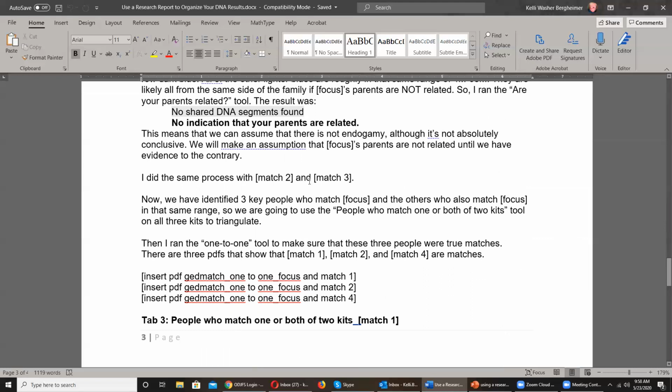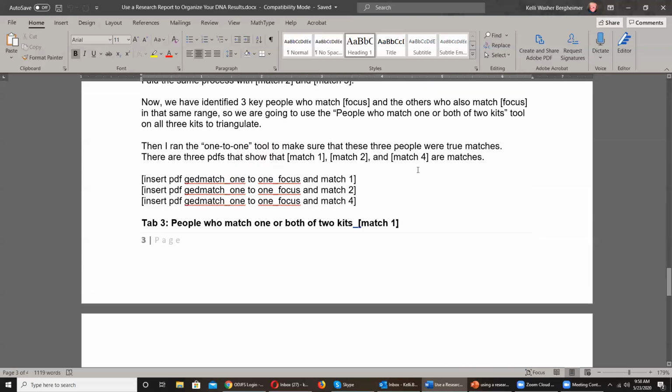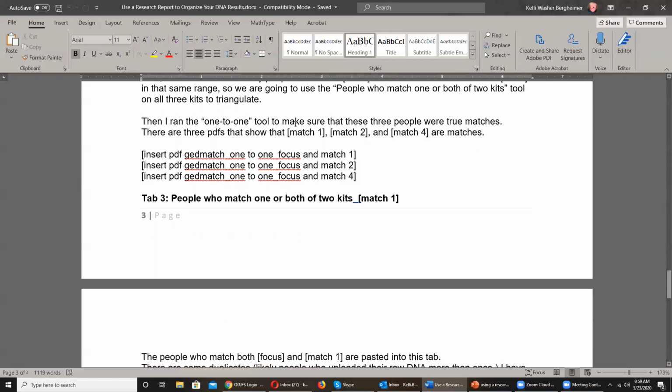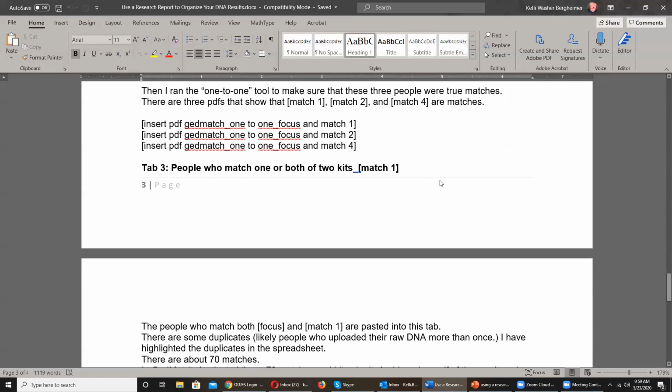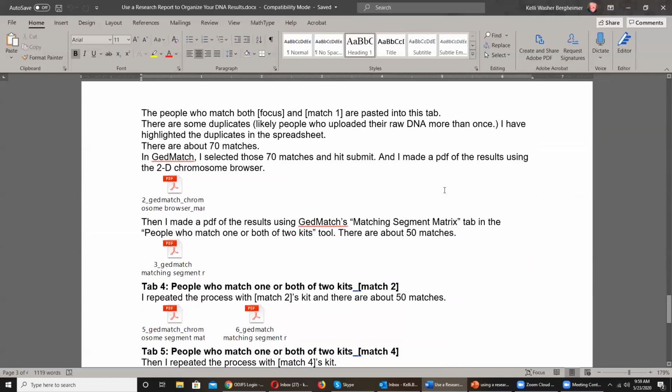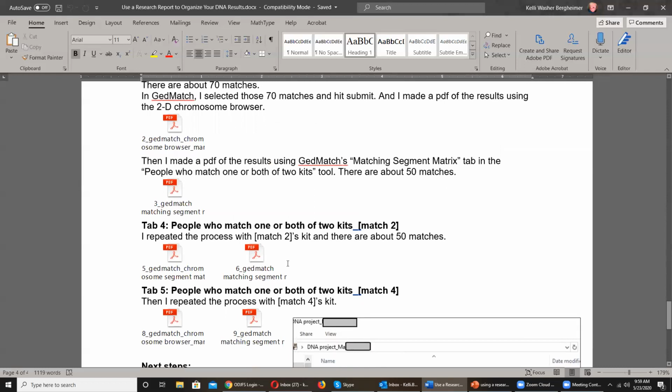Also, I did the same process with the other 2 matches, and I've identified 3 key people to focus on. So you can see where I'm just talking to myself here. I'm just writing down what I'm doing as I'm doing it, so that if I have to set this aside for 6 months and come back, I don't have to reanalyze everything I had and figure out where I left off. So then I ran the one-to-one tool to make sure these people were matches. And these are the 3 that were captured in that folder. I did the people who match one or both of 2 kits. I also have PDFs here that show